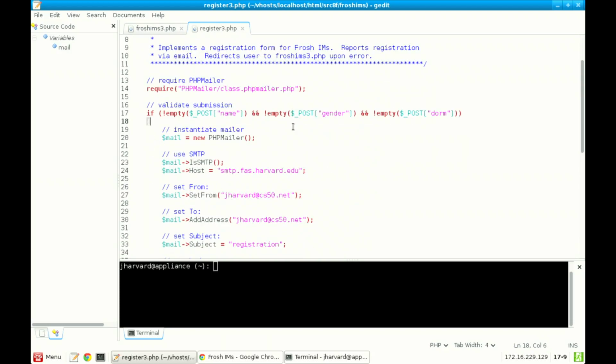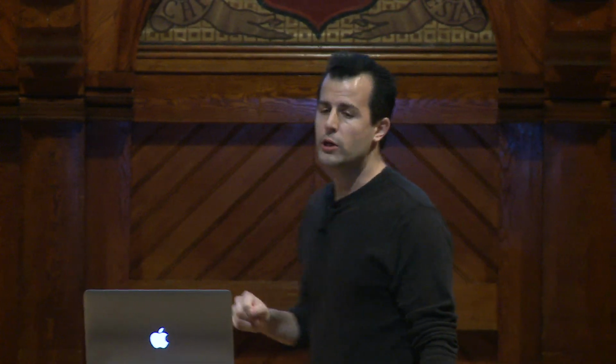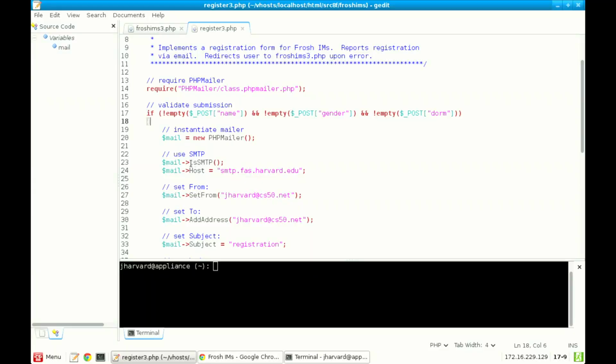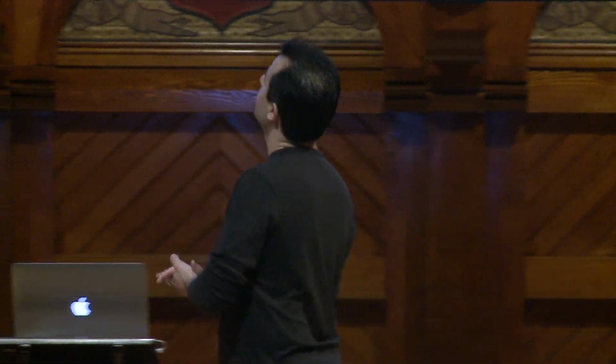Now, most of the code in register3.php, recall, was all about email. It did a little bit of validation of the form that was submitted to make sure that the fields that were expected were actually provided. Then we called some PHP functions using slightly new syntax, even though it's borrowed from C. This arrow operator allows us to make use of something called object-oriented programming. We won't go into that in any detail here, but know for now it's a way of having functions associated with objects, which are a special type of structure, as we saw in C. But for now, just take on faith that this is the correct syntax to use when using a library like